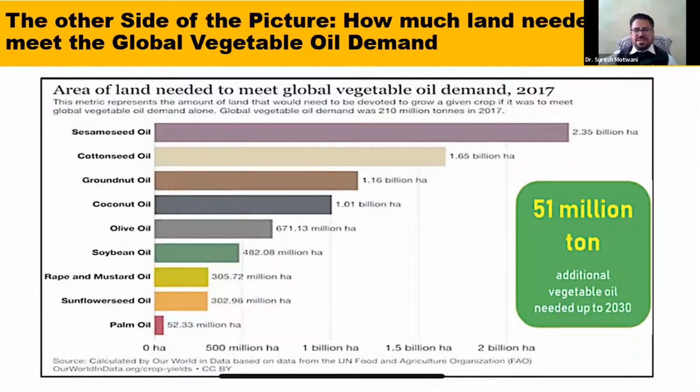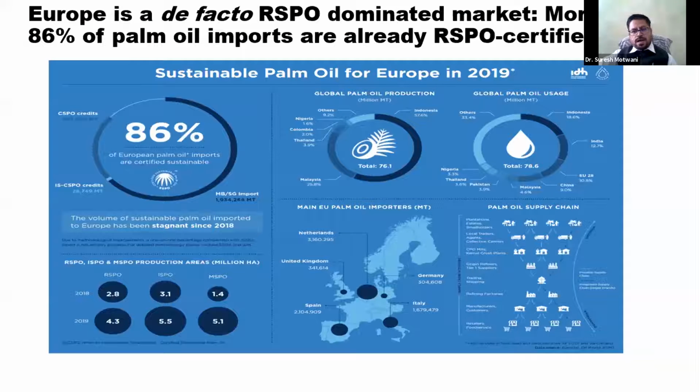We have been talking about the issues with palm oil for the last 1 or 2 decades. But I think now we need to discuss the use and the importance of palm oil. This is a real aspect we need to discuss when we discuss the Indian scenario. RSPO is one of the sustainability norms. We are already aware that with support from many countries, the European countries, this has already fulfilled the demand from the European side. We are aware that sustainable palm oil is very much available in the European market.